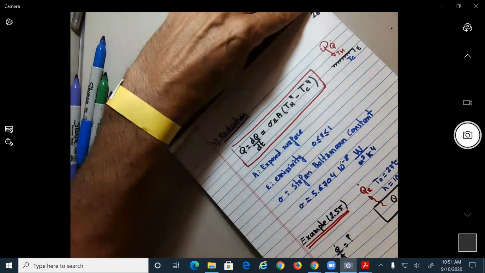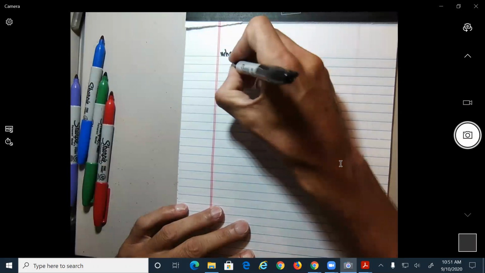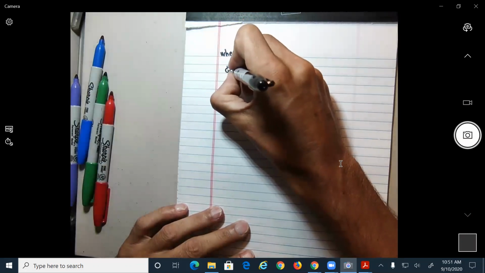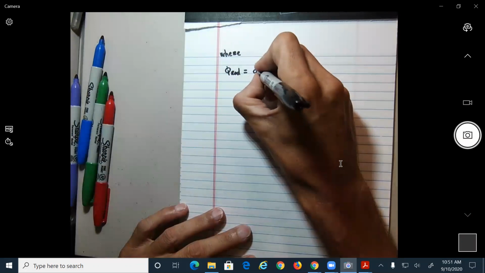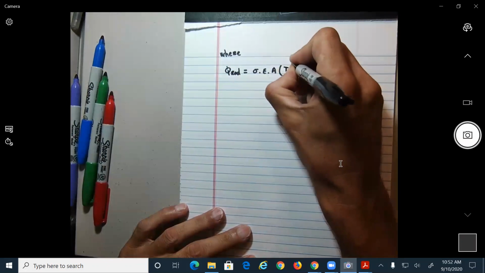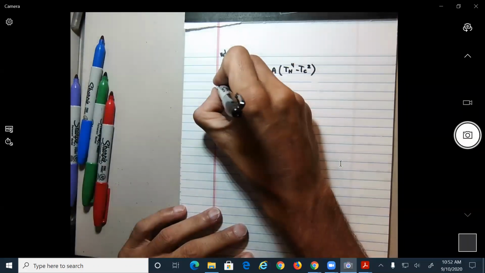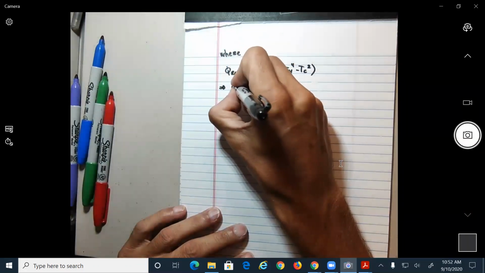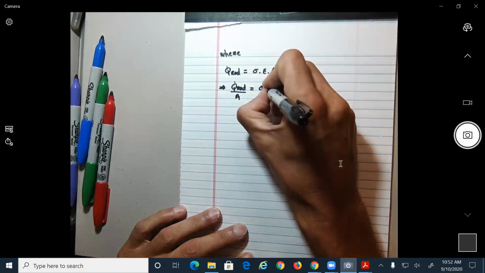Okay, so this is just a direct application, where we know the Q radiation. What was the expression for Q radiation? It was sigma epsilon A (T hot to the fourth minus T cold to the fourth). This is the general equation. So this means that Q radiation per unit area would be equal to what? Sigma epsilon